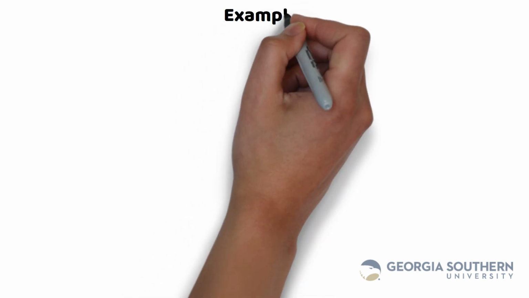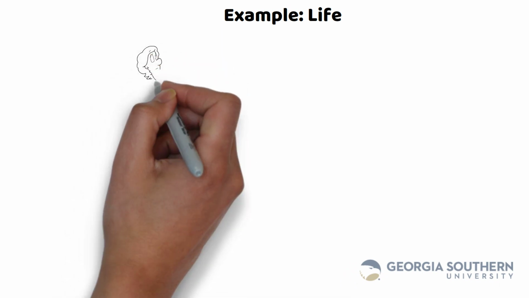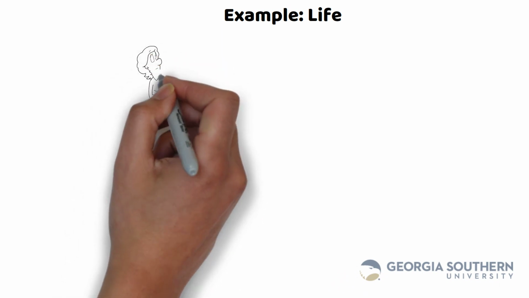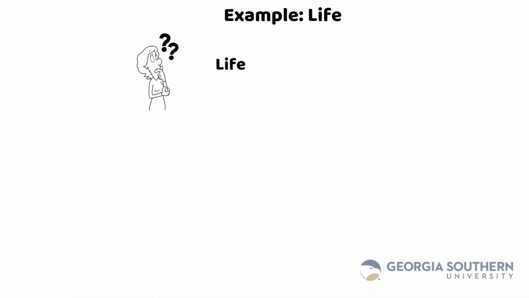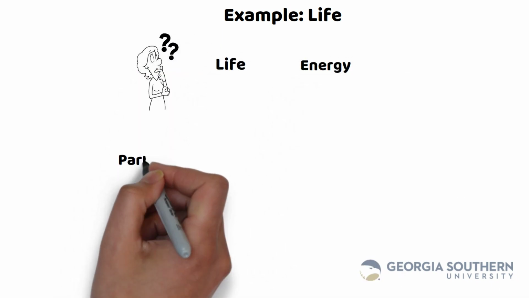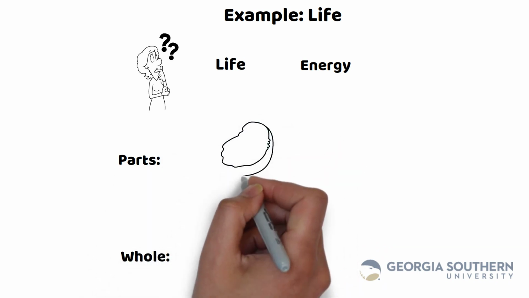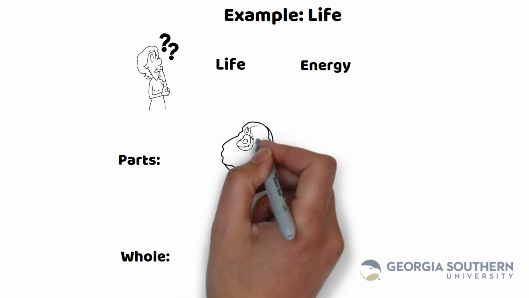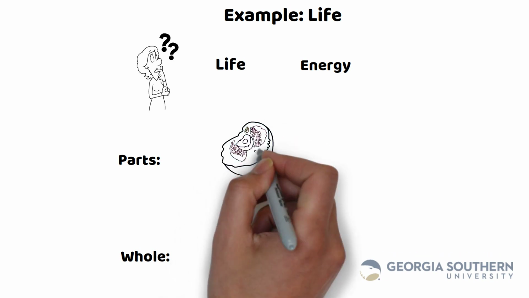From a young age, children wonder about the concept of life. Many children believe that life is just simply energy, and that only living organisms contain energy. Let's use the parts and whole approach to analyze these ideas. First, we analyze parts. The body of an animal is made of many cells. Each cell contains components and subcomponents, such as the membrane, nucleus, organelles, molecules, and atoms.